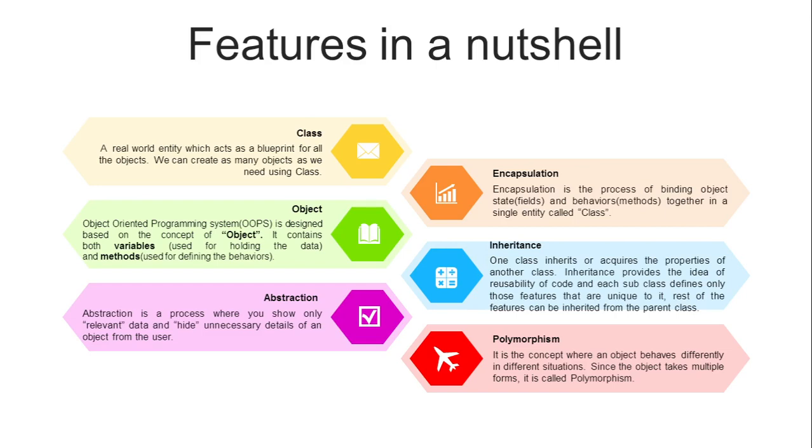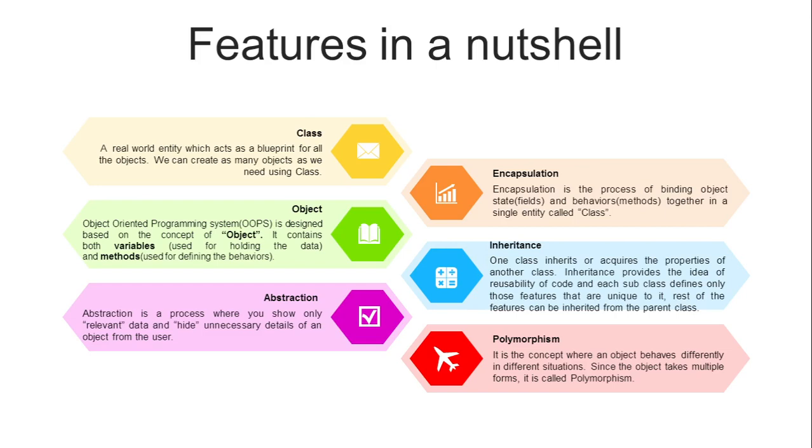Inheritance provides the idea of code reusability. That is how code which has been written already can be reused again. A subclass which inherits another class defines the features which are unique to it, and it inherits the features which are available in the class it inherits. So in a nutshell, a particular class can inherit the property of another class. That is called inheritance in an object-oriented programming language like Java.